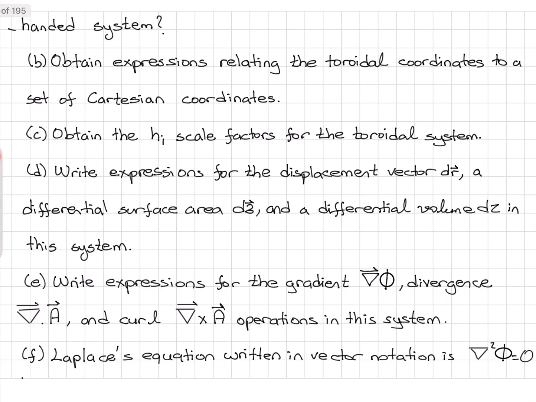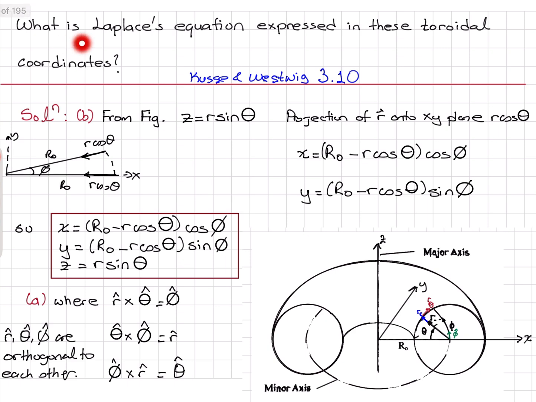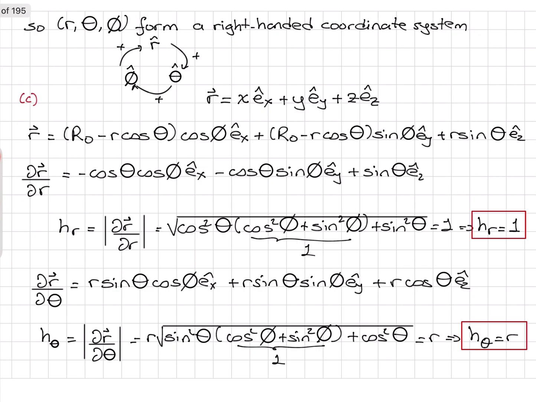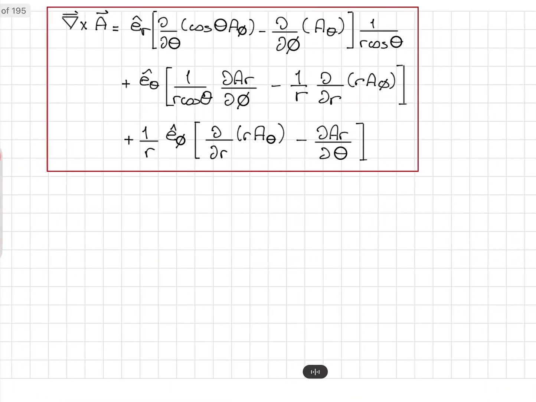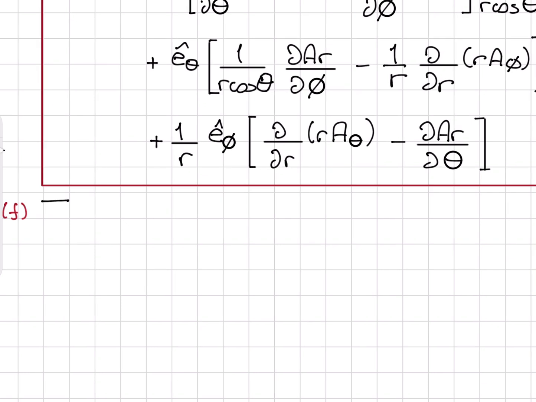So we're going to do the last part of this problem. Laplace's equation written in vector notation is Laplacian phi is equal to 0. What is Laplace's equation expressed in these toroidal coordinates? Okay. Now to answer this question, we have to recall what Laplacian is. Laplacian, del squared,